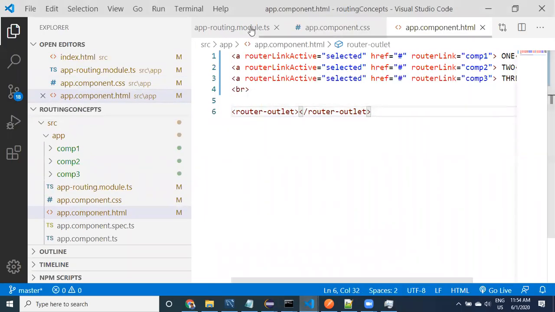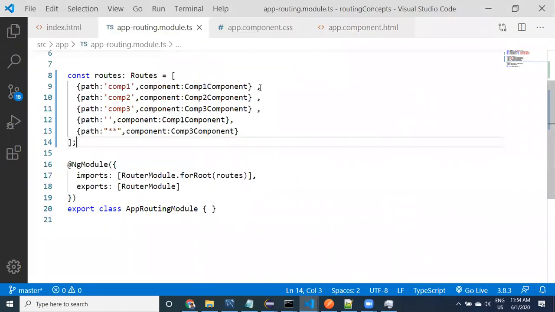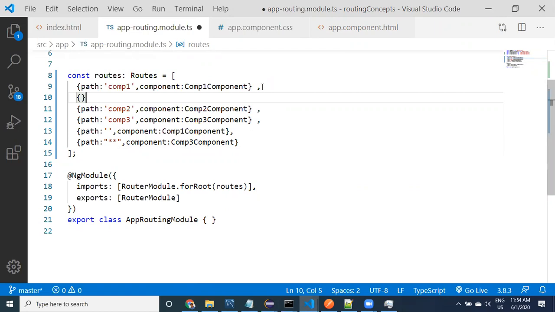Here in the app routing module, I'm going to take comp1, and then comp1 slash :id. This is important, guys. This colon is important. Comp1 is different: comp1 with blank data is one URL, and comp1 with id is a separate URL. This path is separate, and this path is separate. This has an id.